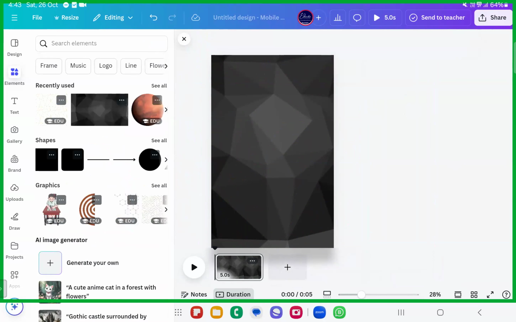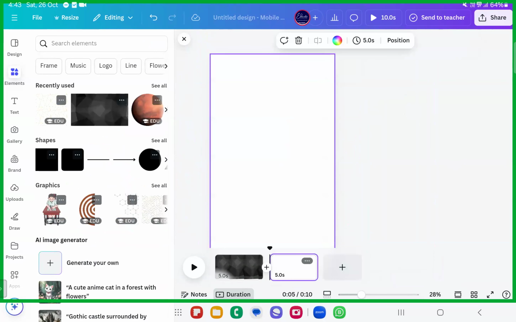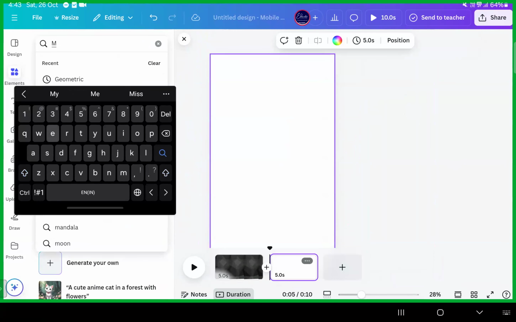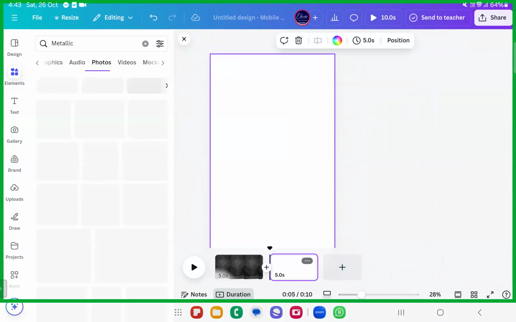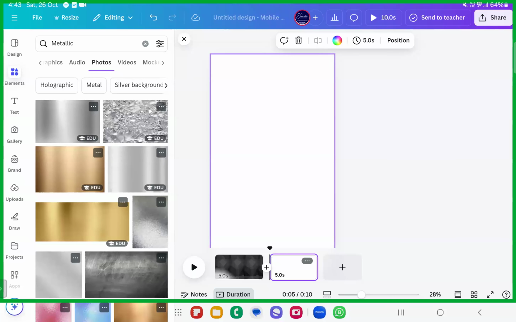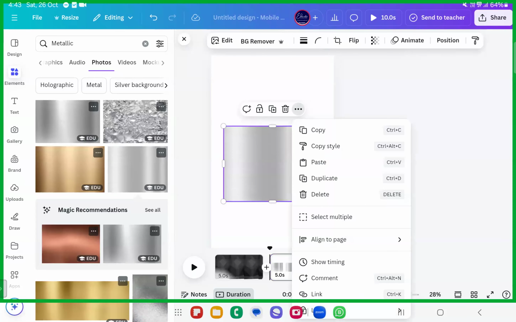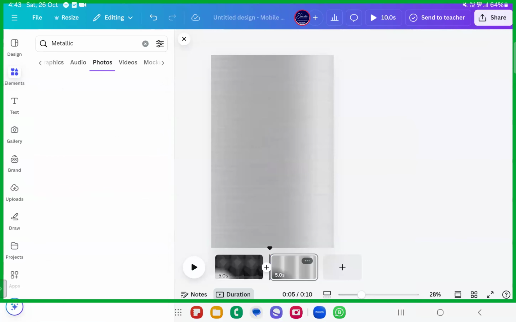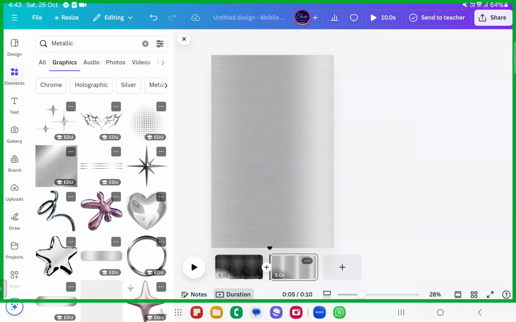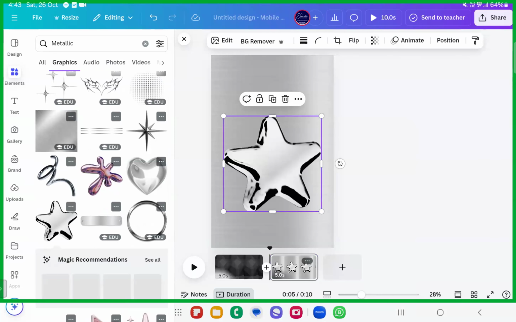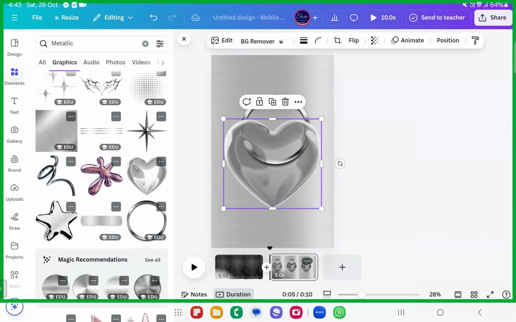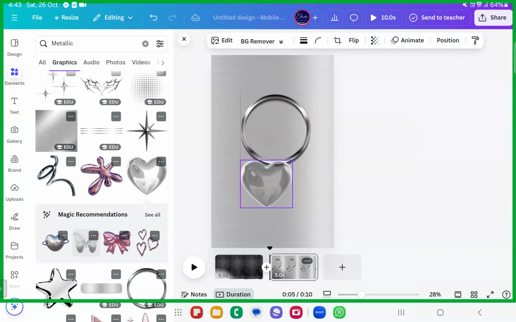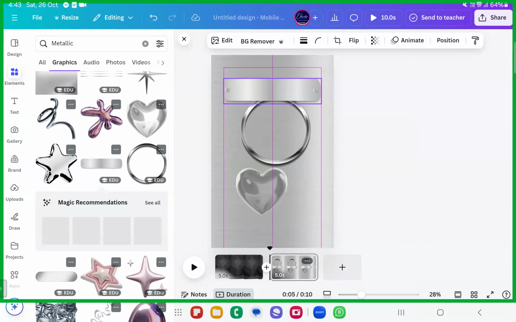You have superb metallic options. Just see here. Metallic backgrounds and metallic illustrations, metallic elements are also very excellent. Even the backgrounds as well as elements. If you want to combine this metallic background with some of the graphics, the metallic elements are so superb. You can put everything metallic on the frame and create some beautiful cards or something like that. Whatever you wish to. So metallic, something like this.